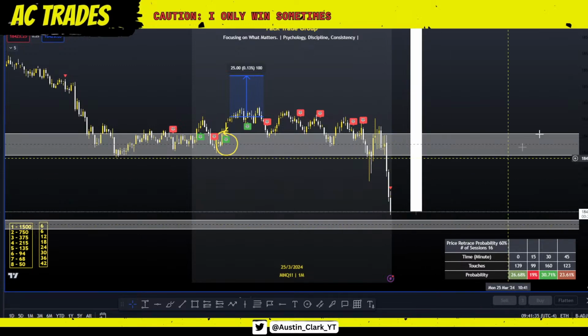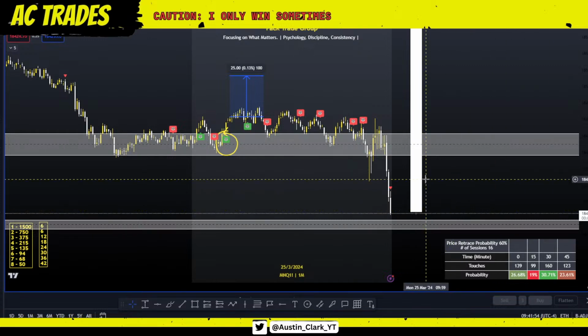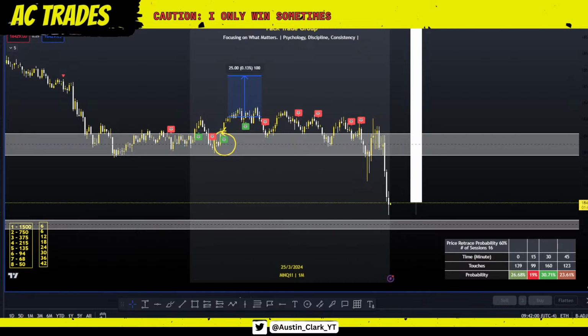Let's see if we come down here to this footprint. I'm looking at price twerking around my profit and not continuing to my TP. That is where getting off the screen will do me good. Yeah, dude, just let it play out. I mean, I'm in drawdown right now, and I literally don't care. Like I told you, I don't care if this wins or loses. I literally do not care.